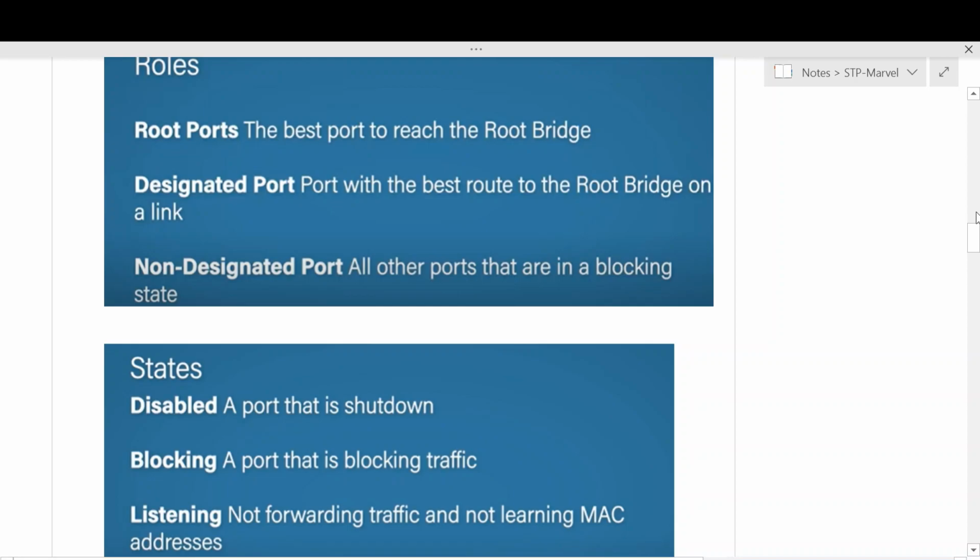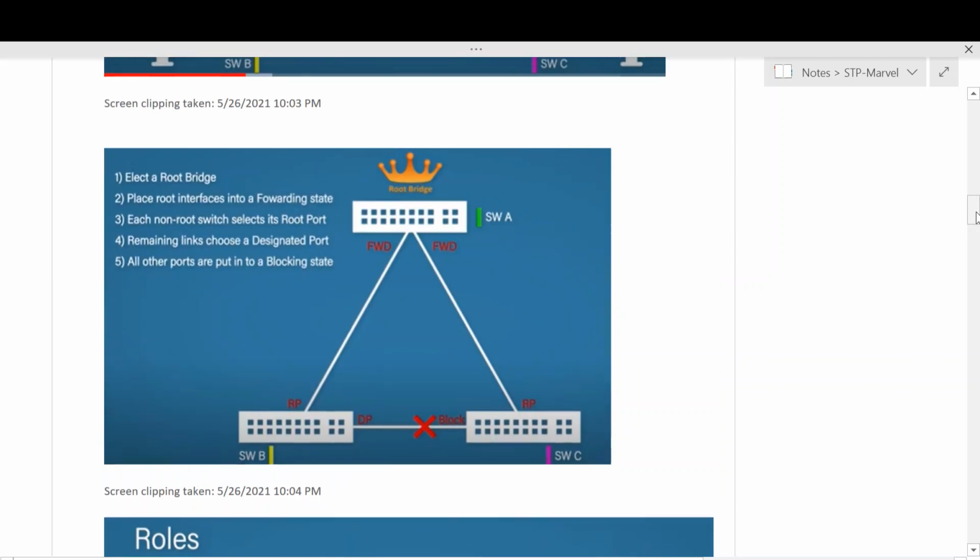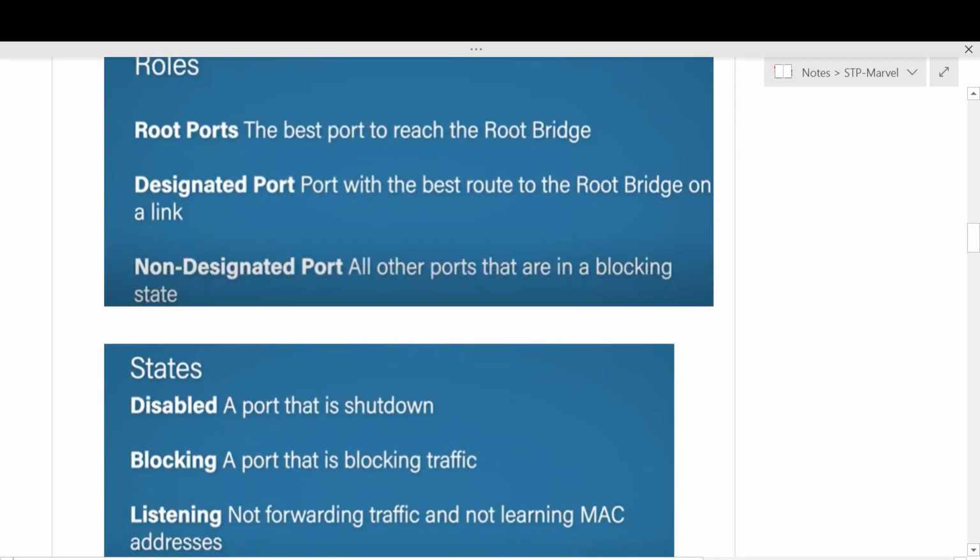The non-designated port is in a blocking state. It will not learn any of the packets. So there are three sets of port roles: root port, designated port, and non-designated port.